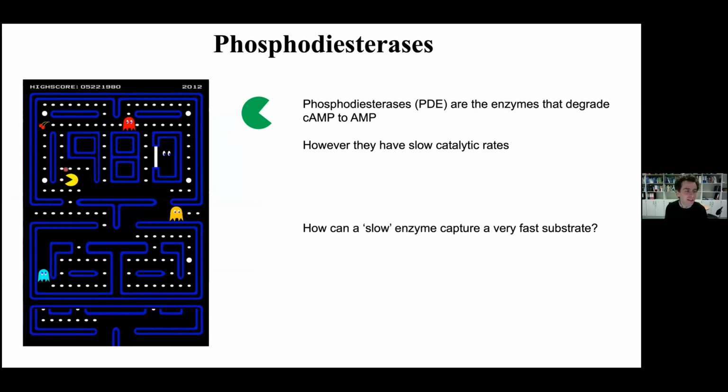So the phosphodiesterase chews up cyclic AMP molecules around and can create areas where you don't have any cyclic AMP. The problem is that the Pac-Man can be fast, but the phosphodiesterase enzymes are very, very slow. And so this has led to a paradox, because there is no way that the PDE Pac-Man can eat up all the cyclic AMP in order to create concentration gradients. Areas where there is no cyclic AMP, because it was all eaten up, will be refilled immediately by the very fast cyclic AMP. And so to answer this question,